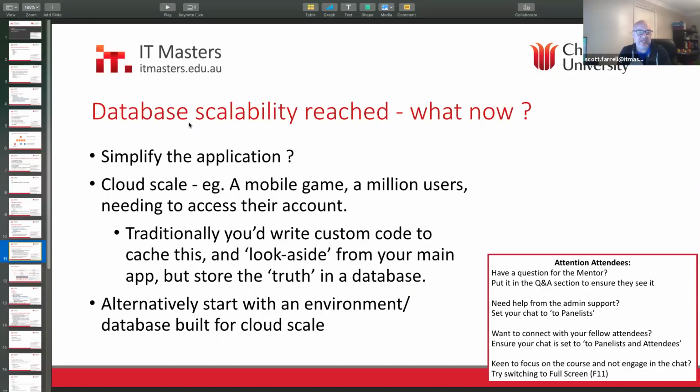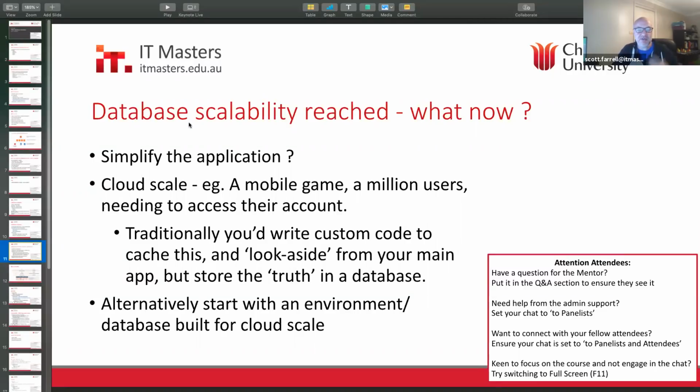But here's a cloud scale example. Say you've got a mobile game and 1 million users out there, and they need to access their account. Traditionally, that would send a normal SQL database nuts. 1 million people trying to log in and access their accounts, and you may have trouble scaling to that.